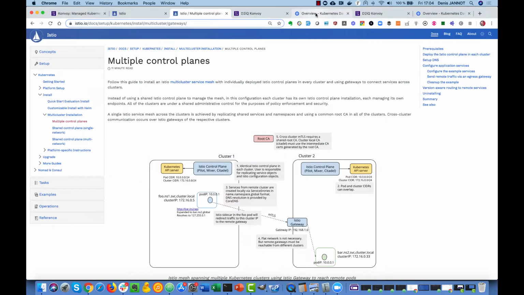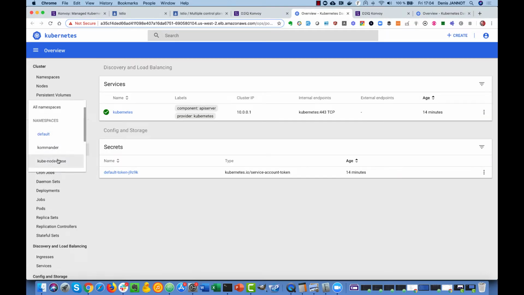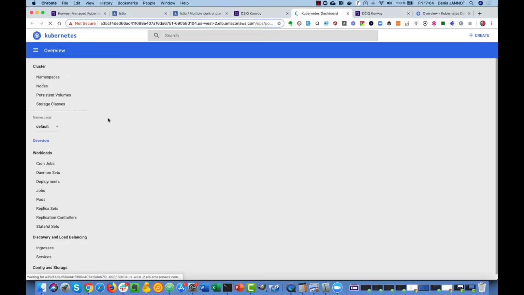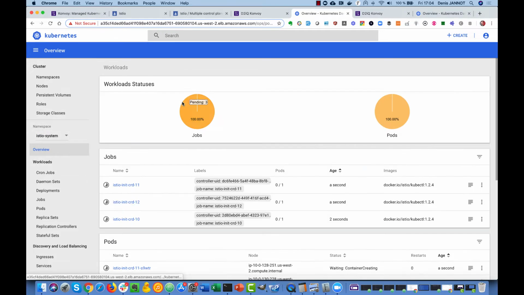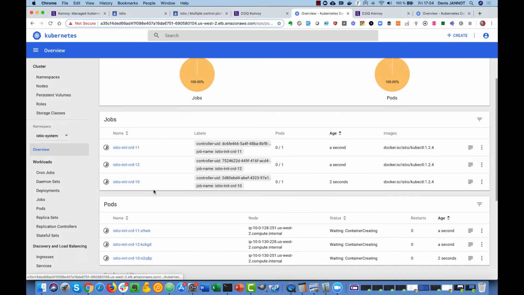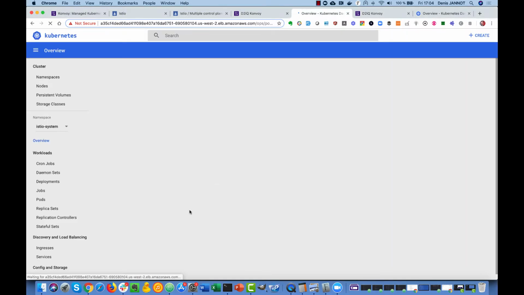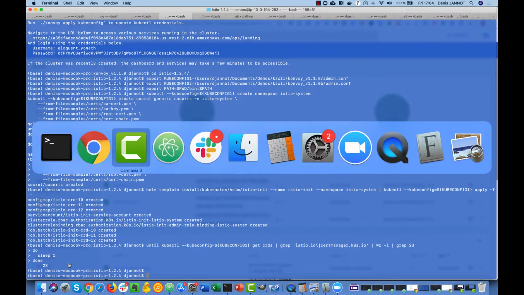And I can follow that from the dashboard here. I'll see an Istio system namespace being created. Perhaps I've been a little bit too fast. And here I can start to see my CRDs being created by these jobs. Take a look, it should be finished, and I see my 23 CRDs. So I can now